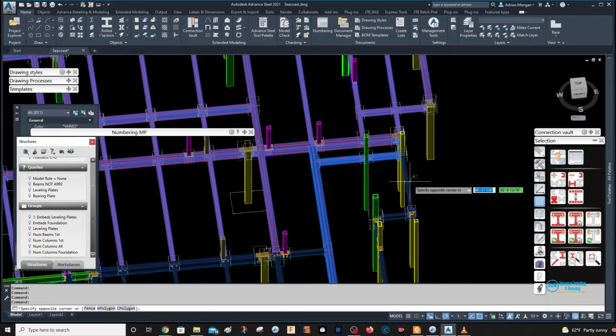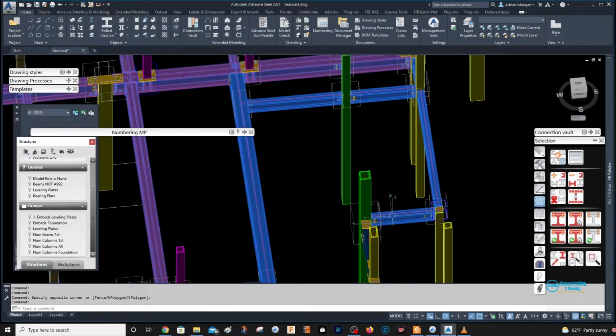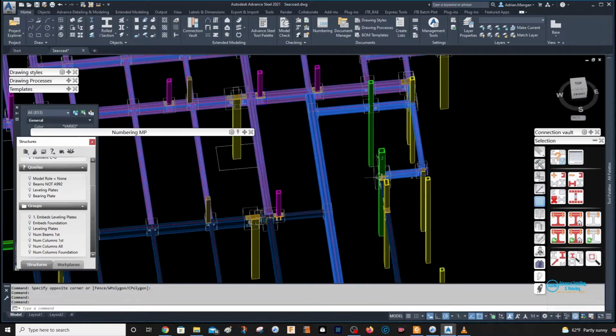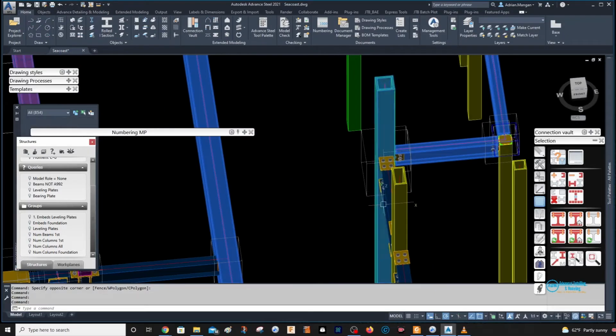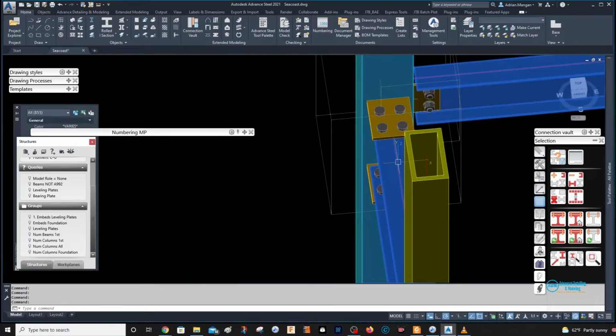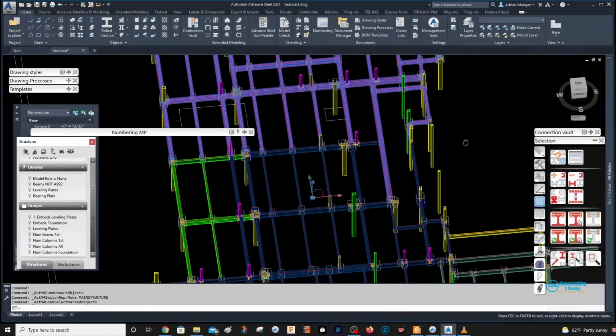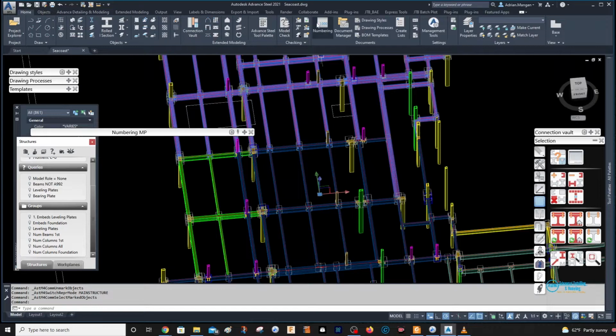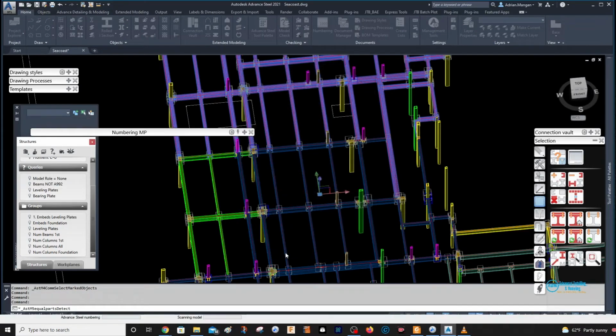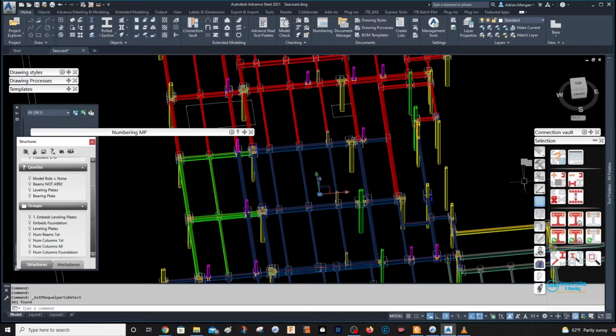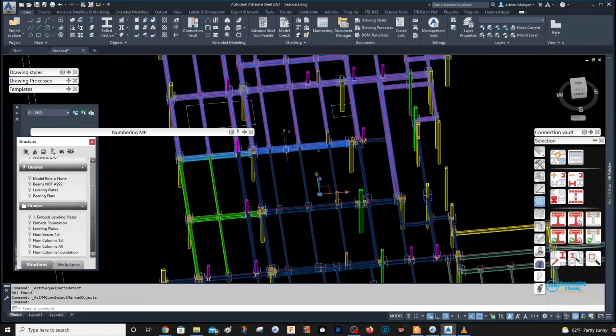Now, sure, some people don't care about this at all, but some people should kind of, I guess. So I'm going to select, I'll pick this one. That column is already numbered. I've done the columns on the first level and the second level. And I've done this beam here now, numbering, okay. And I just basically keep going like that. Seems like a waste of time, right? I guess, but